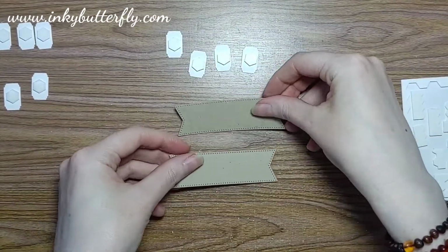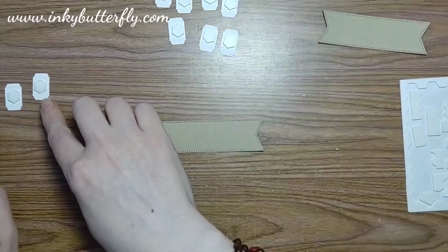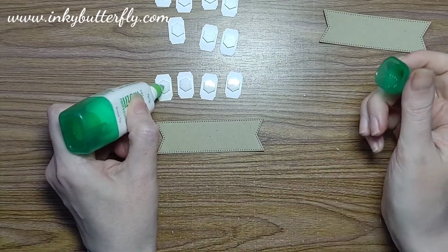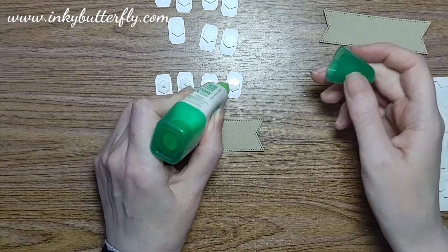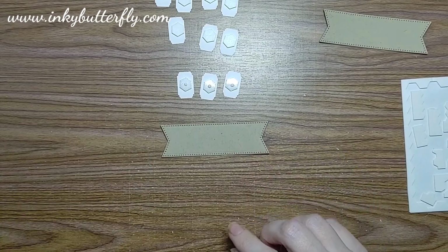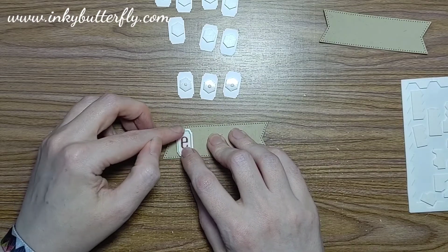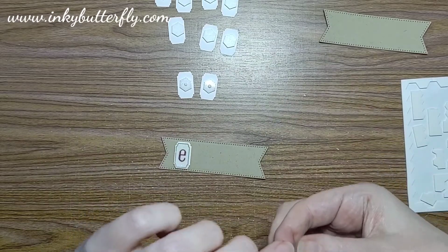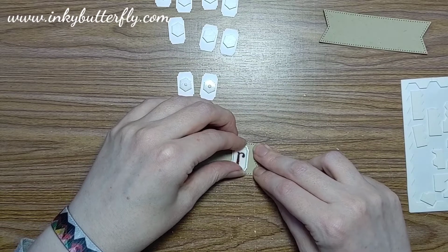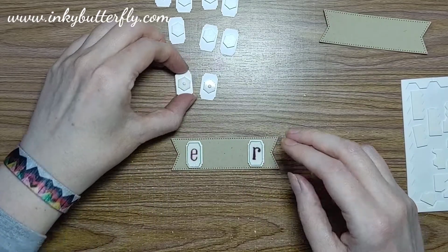Okay, so now we're going to bring in our little banners here. Okay, so I've already taken the backings off these ones. And I'm going to just put a spot of multi-purpose on, because we want to make sure that these are positioned where we want them to be. So I find the easiest way to do this is to put the ones in on the end first, and then it's easier to eyeball the middle and get the gap. So once I'm happy with those two, we can pop these ones in,